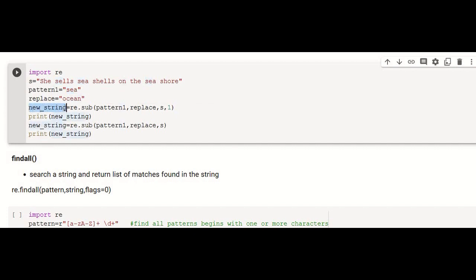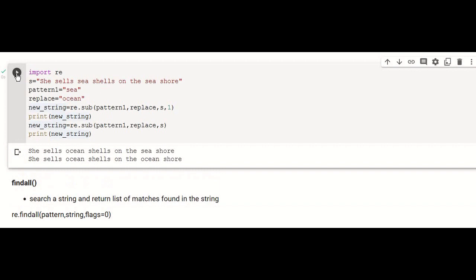Now new string equal to re.sub of pattern1, comma, replace, and s is the original string, and one occurrence has to be replaced. And now if you display it, it will have output like this: she sells ocean cells on the seashore. So this is how it will be displayed.